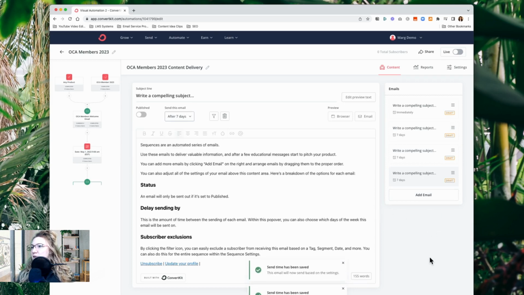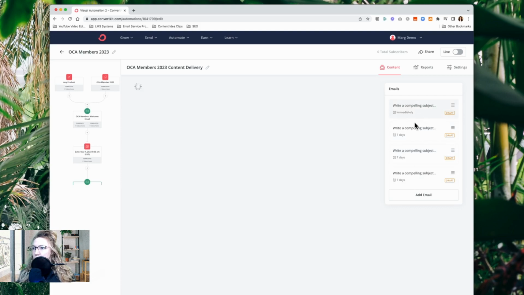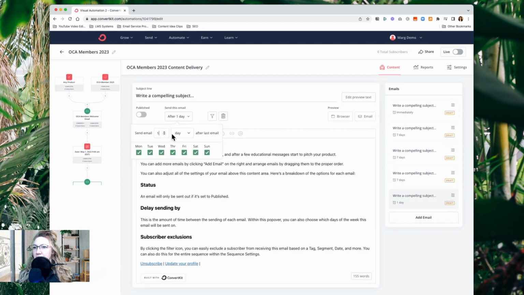And 7 days as well, and so on. So this is immediately, they'll get maybe a notification that gives them some information about Module 1, if it gets released on May 1st. 7 days later, they'll get an email about Module 2. 7 days after that, so it's not 7 days after the first one, it's 7 days. These are relative emails, so it's 7 days in relation to the previous email that was sent out. And then 7 days, we've got Module 1, 2, 3, 4, and then they'll get 2 more